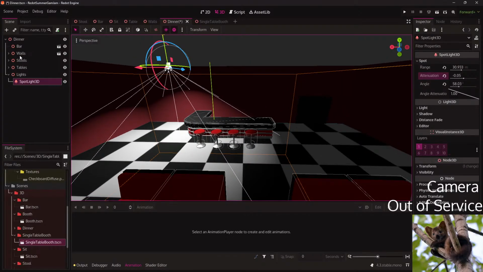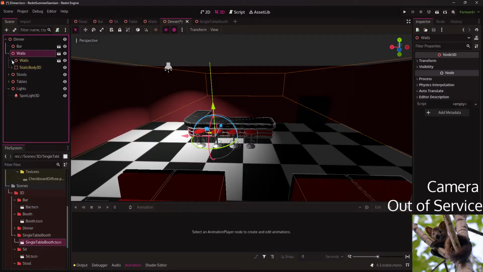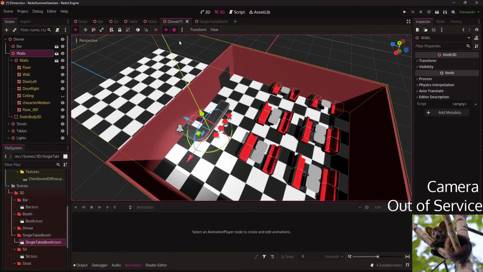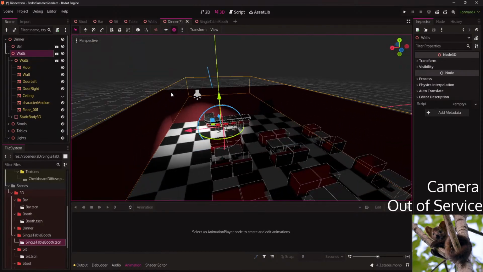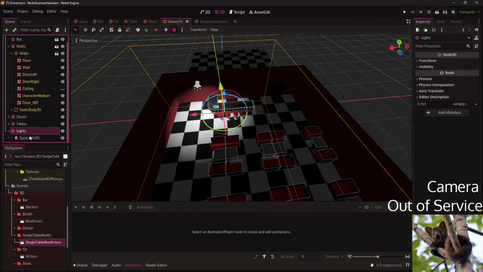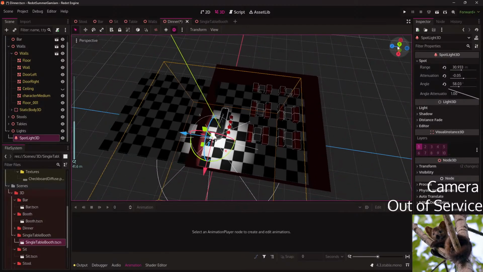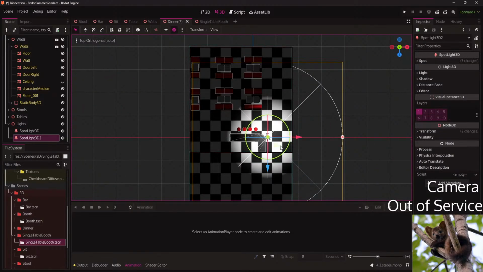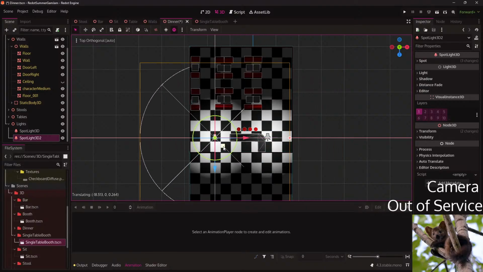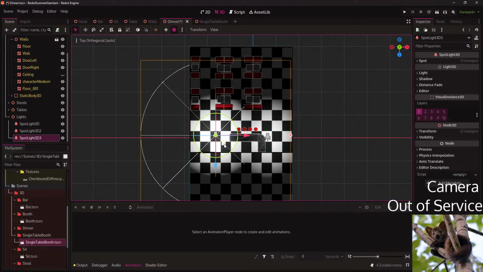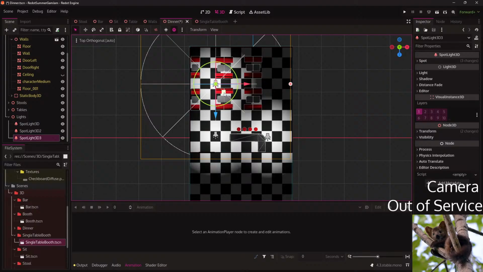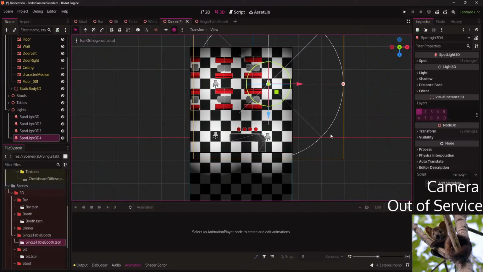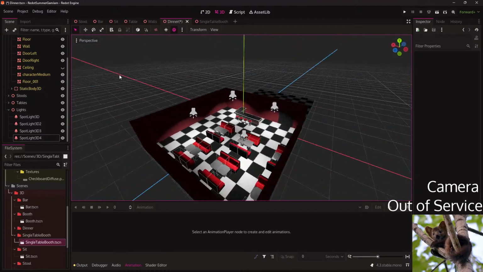Okay, let's remove the ceiling. Actually, I just wanted to see the top view. It looks way more... Why is it so nice?